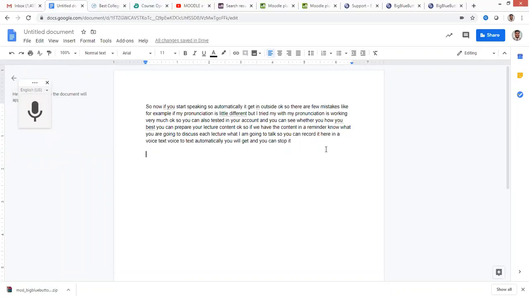Finally, this Google Doc automatically gets saved in the Drive. It's a safer place to store it. Later if you want to convert, we can transfer this file to your Dropbox or wherever you want to store it. I see this is a very easy way to prepare, and we are able to see the connection with how NPTEL and SWAYAM are preparing the lecture content.